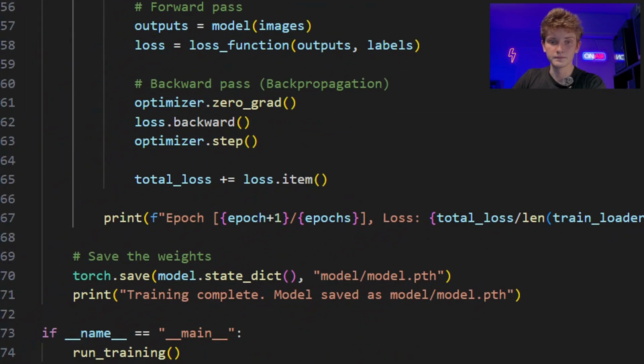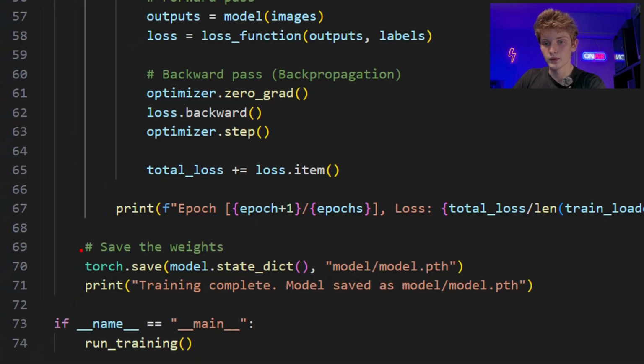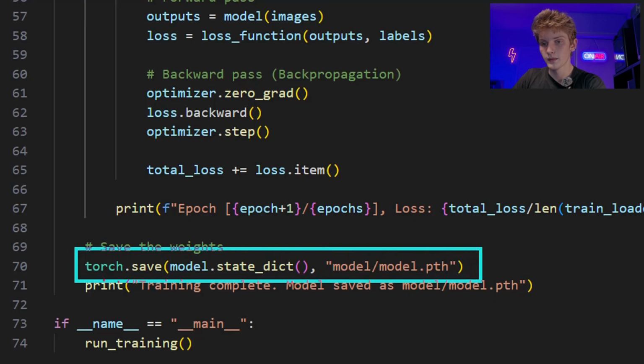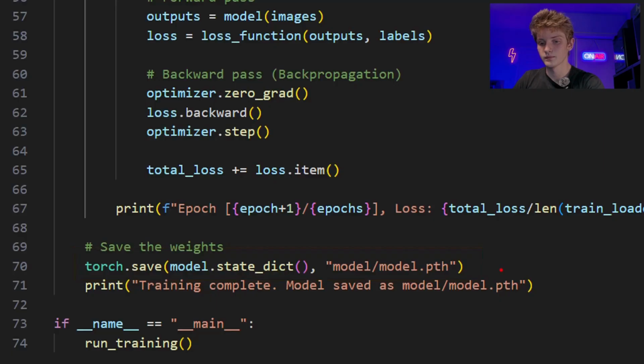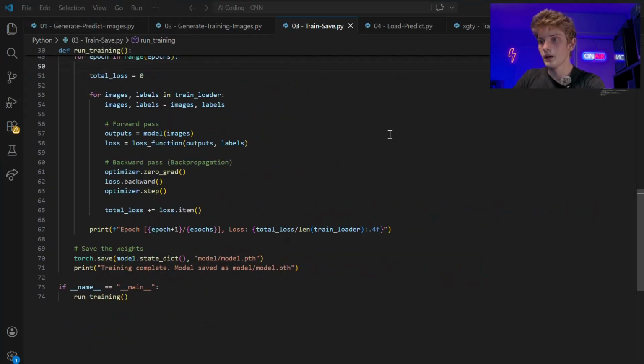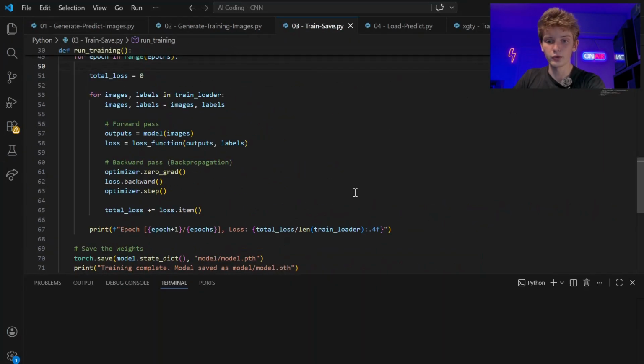And then the only other important thing we really need to see here is this is the line that allows us to save our model. Here we're just saving it into this file that I've named model. And now if we can run this program